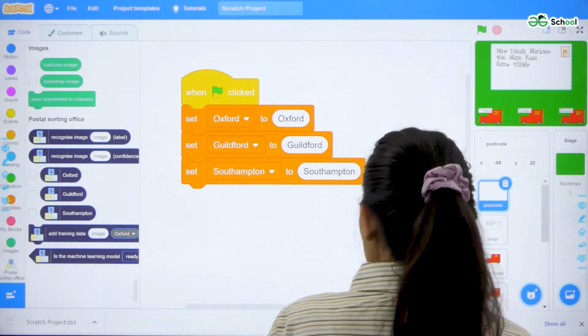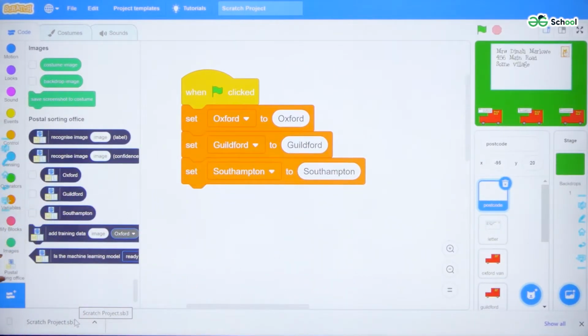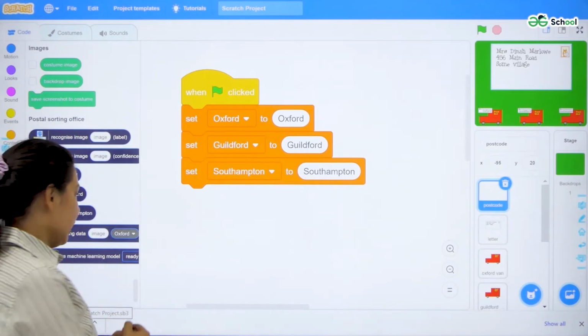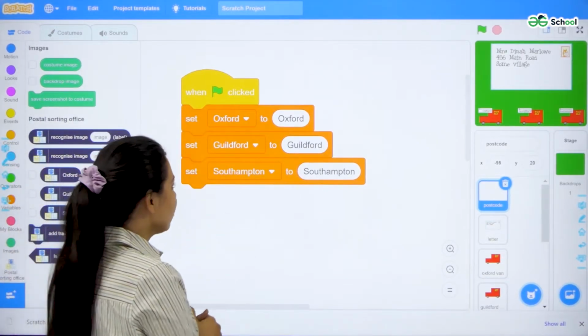Okay, so my project template is open. Now you can see one more tool is appearing in my toolbox, that is of my machine learning model. Let us utilize that machine learning model and modify our code.